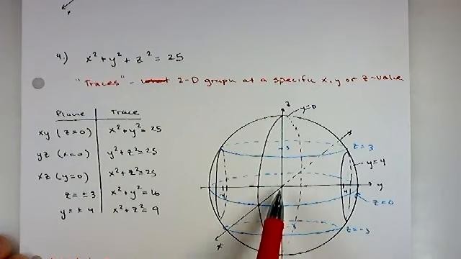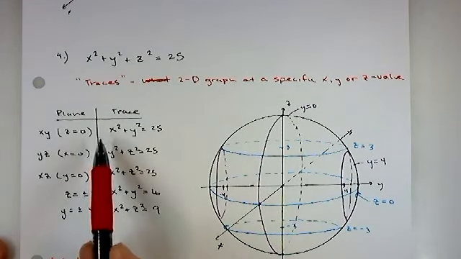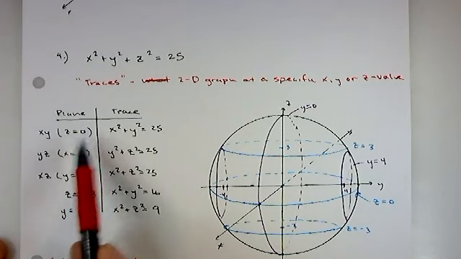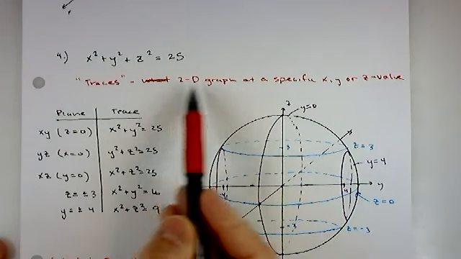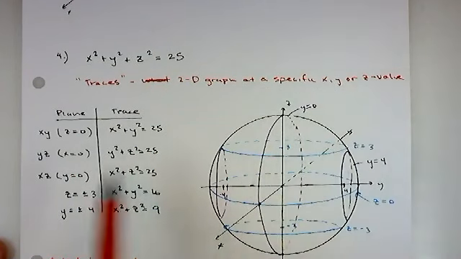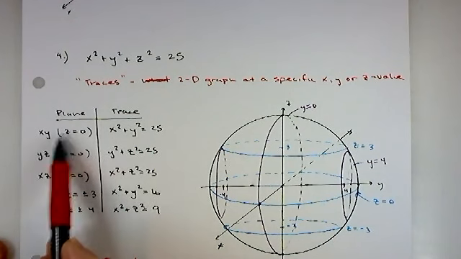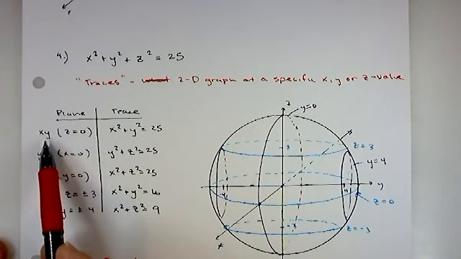And what I want to talk about here, and we're going to use this idea in my next video, is the idea of a trace. So a trace is a two-dimensional graph at a specific x, y, or z value. So for example, if I make a little chart here and look at some planes and what the trace would look like,